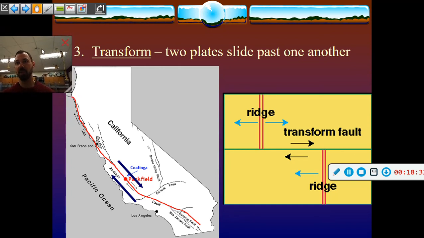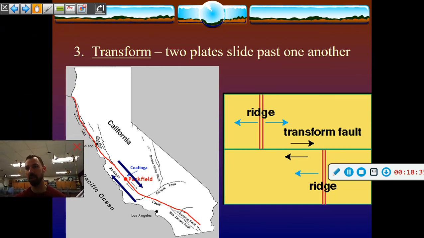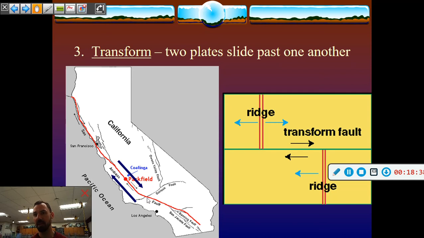Okay, my third type of plate boundary is a transform plate boundary. Okay, so what's happening here? You have two plates sliding side by side. Okay, it's the North America plate and the Pacific plate here. Pacific plate is moving northwest. North America plate's moving southeast here. As a result, you end up getting a lot of earthquakes in this area. Okay, so that's why California is known for that. Definitely two plates sliding past one another. They'll get stuck sometimes. They get stuck, strain builds up, and then they release that strain, and that's what causes